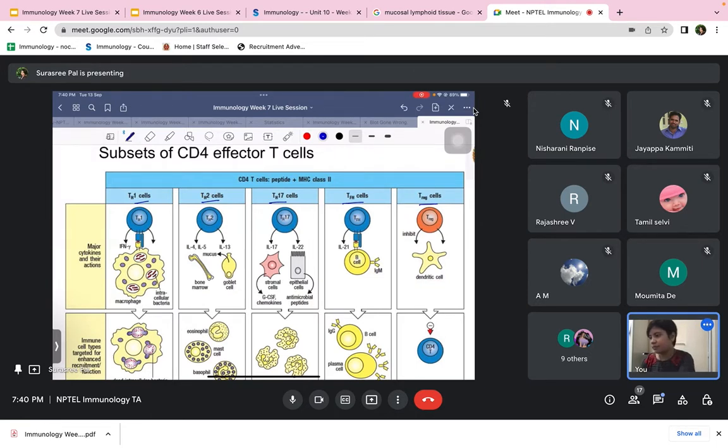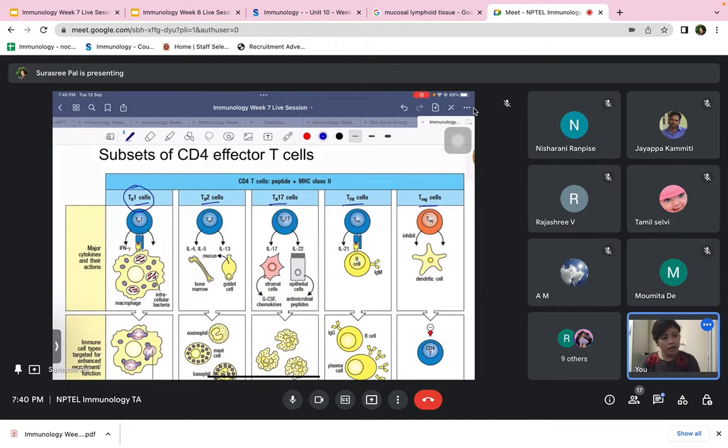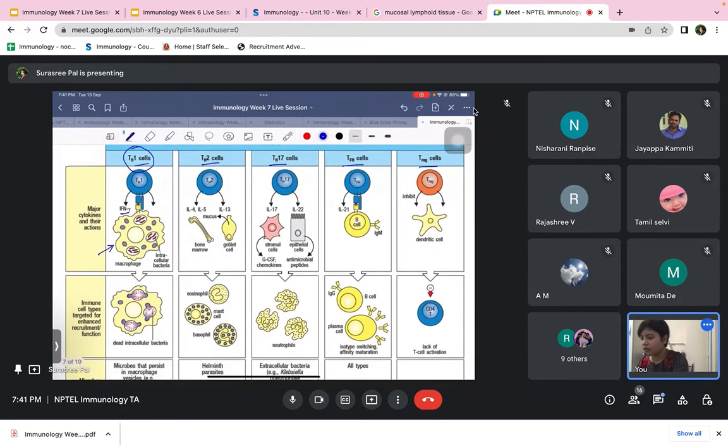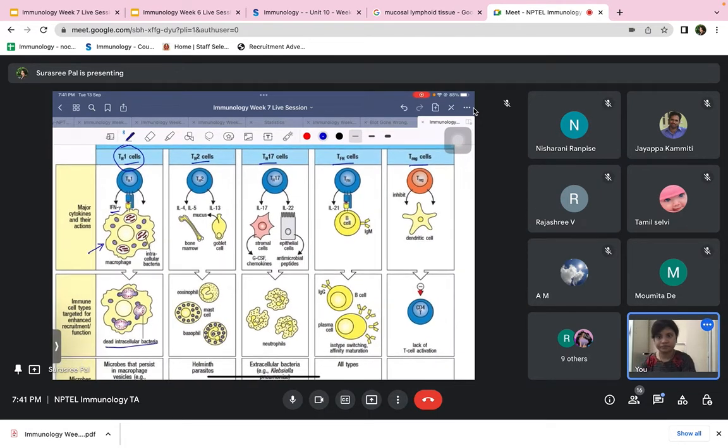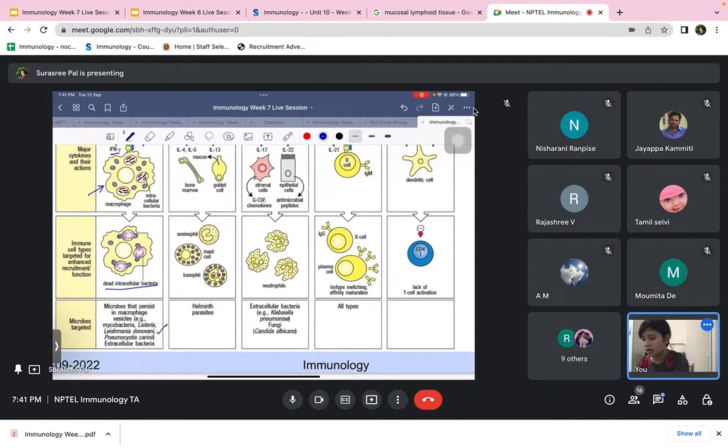Now the Th1 cells, these ones, produce the cytokine called IFN gamma. Remember, this differentiation into the effector T cells is all guided by the expression of different cytokines. The Th1 cells express IFN gamma, which activates the macrophages. So the target cell is the macrophage. Upon activation by the Th1 cells, the macrophages will be able to kill the intracellular bacteria. So the effect of the Th1 cells is exhibited on the macrophages, which kill the intracellular bacteria. For example, this Leishmania donovani,